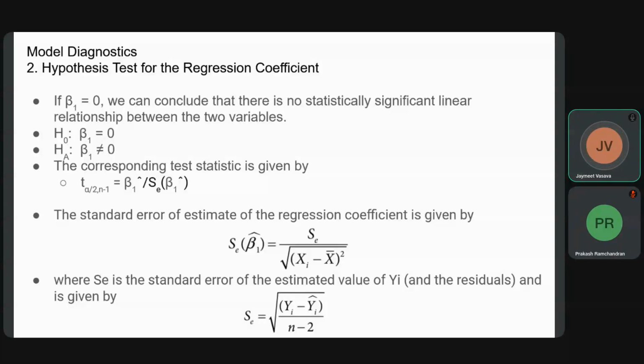So we'll be conducting a t-test, which will be a two-tailed test, whether the value is smaller than or greater than the mean. So t alpha by 2 is equal to beta 1 hat divided by SE of beta 1 hat. SE is nothing but the standard error of estimate for the regression model coefficient. So SE of beta 1 hat is equal to SE divided by the square root of the sum of xi minus x bar whole square,